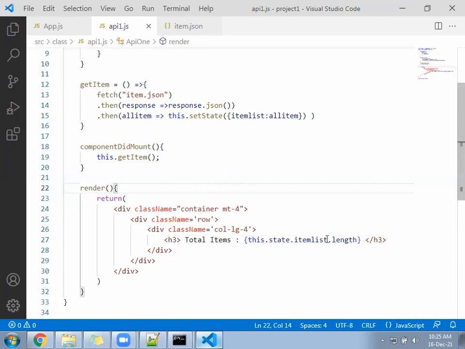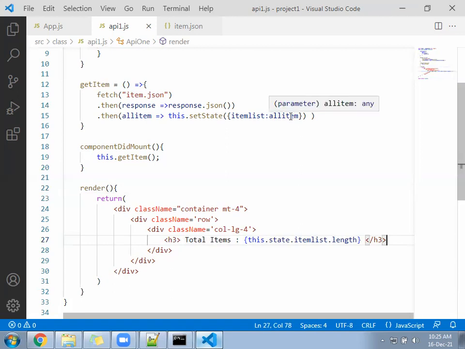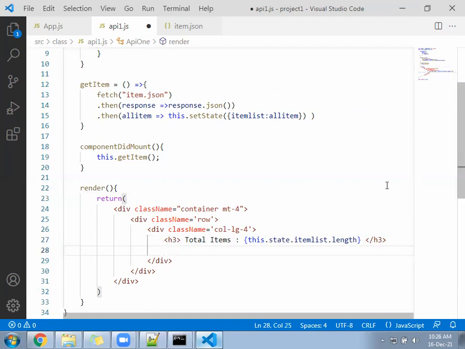Okay, next we have to display the list. So you have an idea how to print a single dimensional array. Our variable name is item list. Let's go here after h3 and print in the form of a paragraph. Use the map method and print in the paragraph. For the paragraph, you have to give the key property.